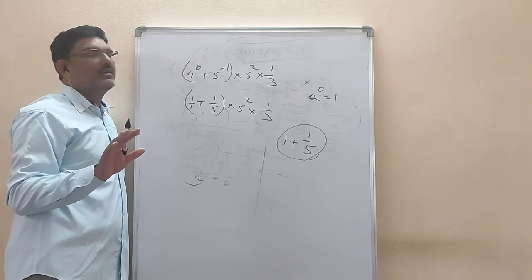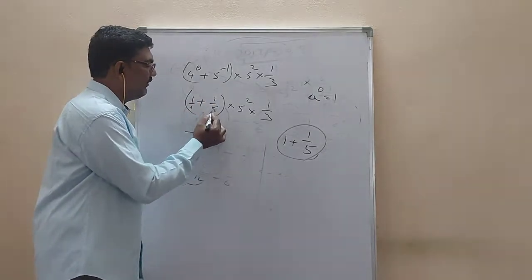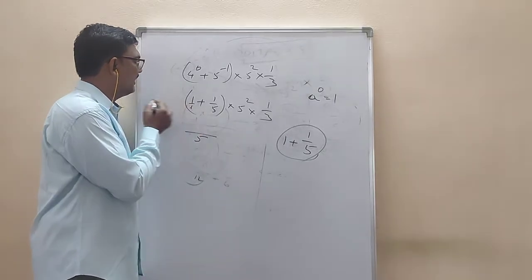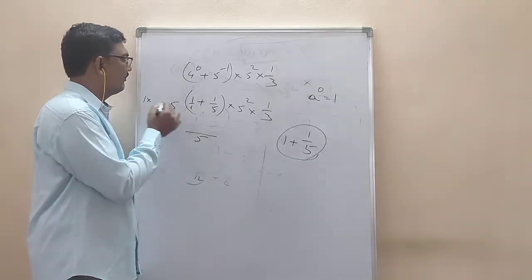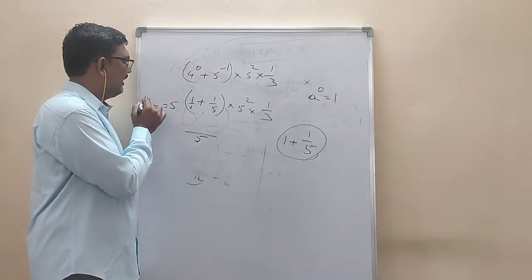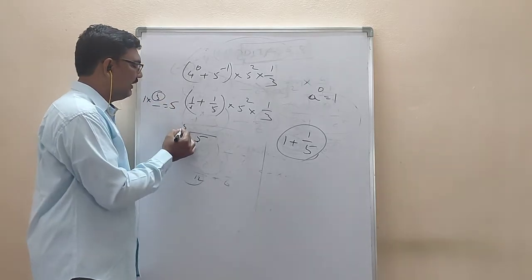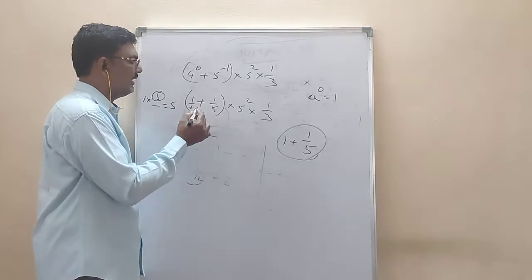Now 1 by 1 plus 1 by 5. The LCM for 1 and 5 is 5. You have to write it in the denominator. Now this 1 is there. You have to read the one table up to where 5 will come. In 5, how many times will 1 go? 5 times. If you read the one table, when will 5 come? 5. This 5 you should write as the numerator, with plus.